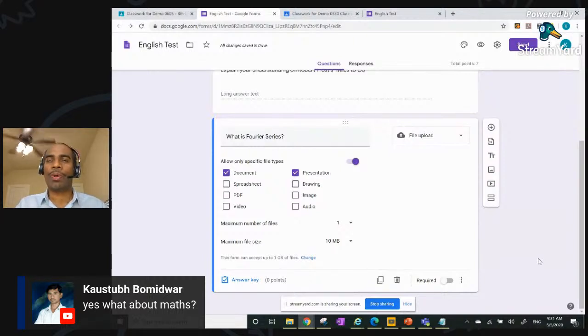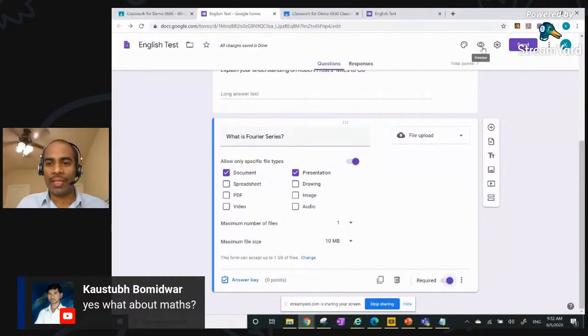But here it has to be proctored, meaning you really need to set up that Google Meet link, and then monitor the students, or at least request the parents or somebody who is responsible to ensure that no malpractice occurs during this examination. So that is something you really want to check. So I'm going to select this as required,